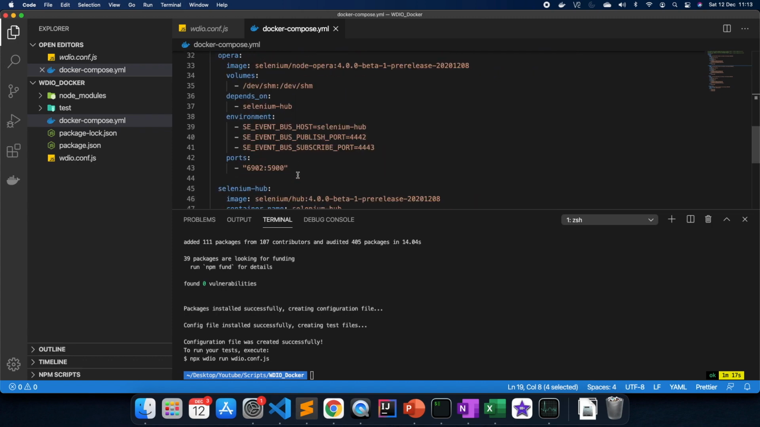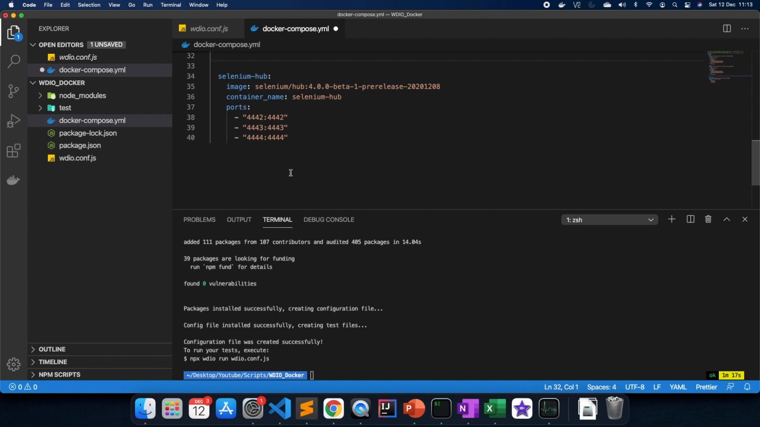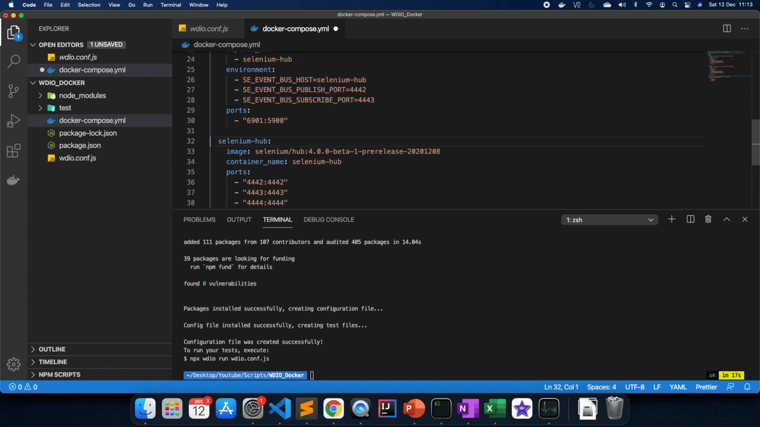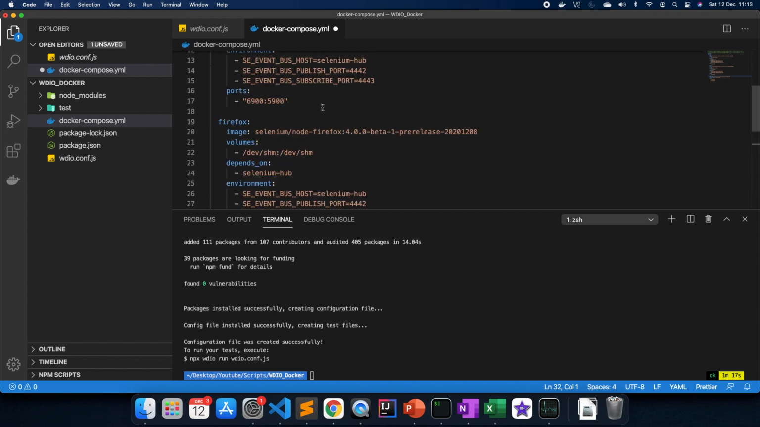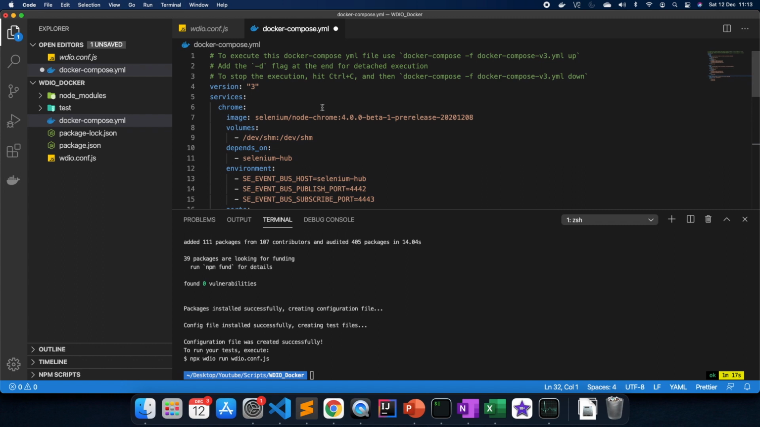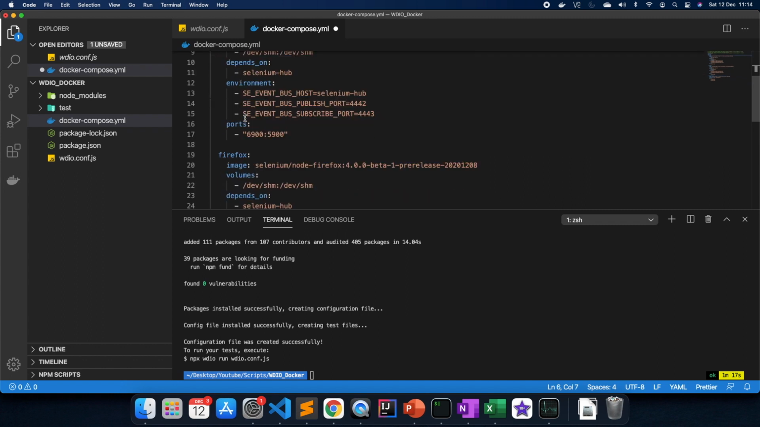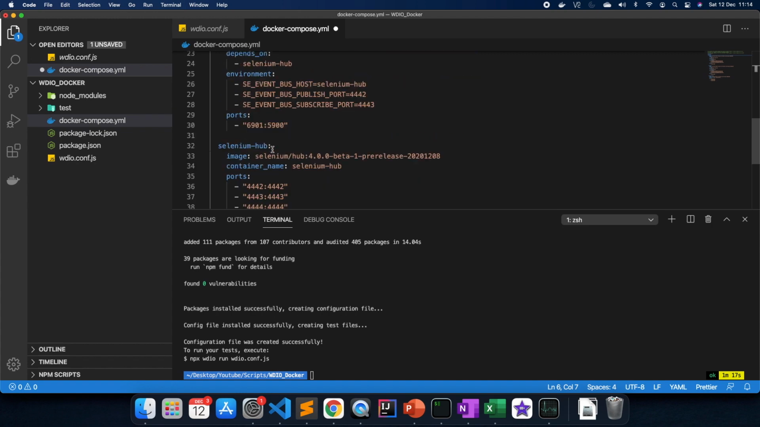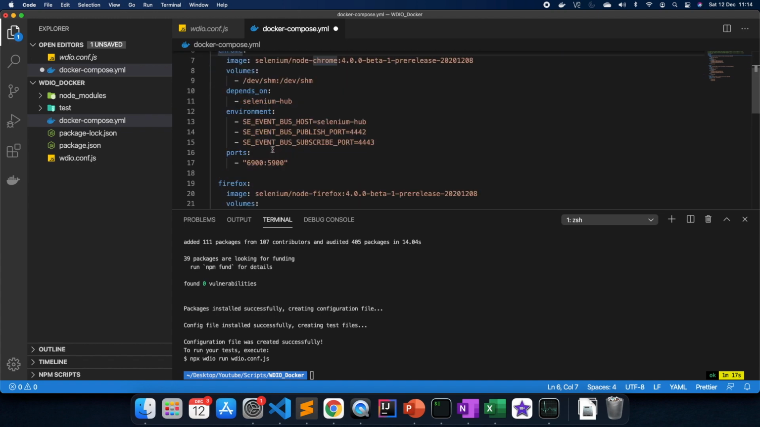I don't need Opera. Let's get rid of it. Done. So now we have Chrome, Firefox, and Selenium Hub. So here there are a few more changes that you need to do. If you are going to run only one node of Chrome and one node of Firefox, this is absolutely fine. But when you're looking to scale to a different number of nodes, especially for Chrome and for Firefox,